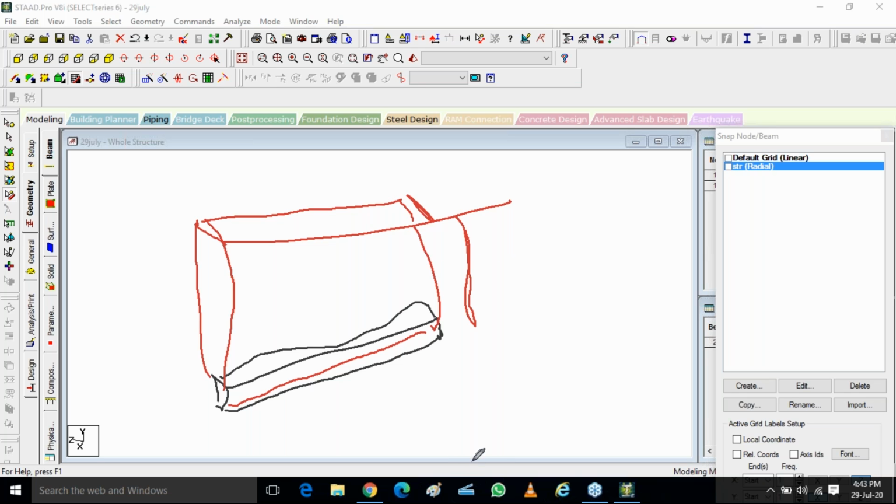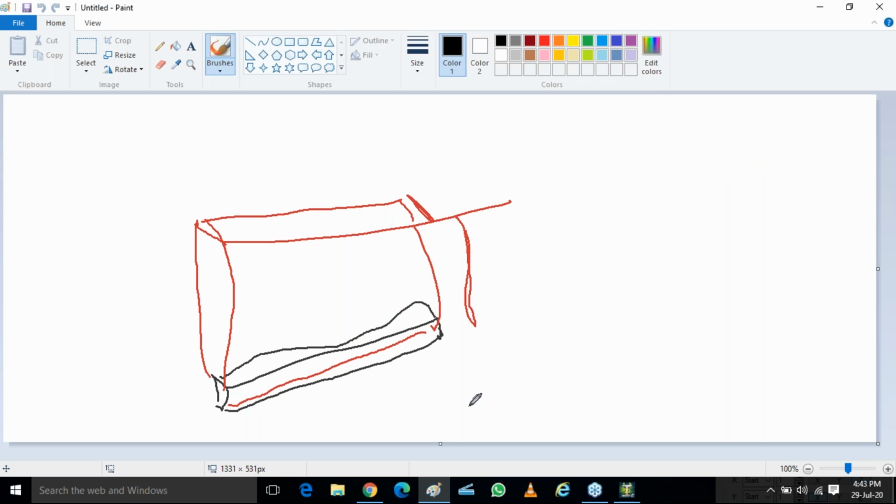Tell me the formula actually. Suppose this is your thickness, this is your height, and this is your length. How am I going to calculate it? Ankita, unmute yourself and tell me. I need the unit weight of this red brick masonry. What is the unit weight? Ankita says volume into density, exactly.